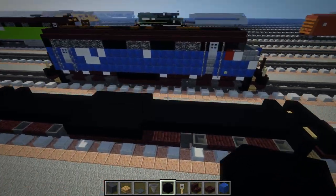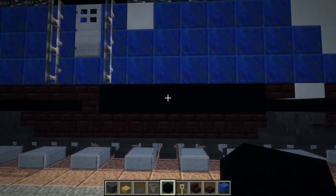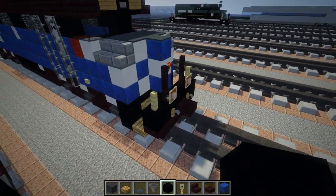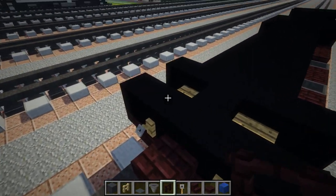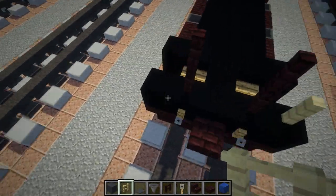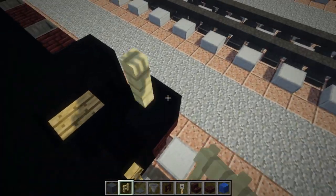Should look like that, and let me just check if I did that right. I think so. Or maybe this part might be a little longer or not. No, it's the same. Alright, so now let's go work on this, what do you call it, the fences. So let's take another brick fence, add 2 in the middle, 2 blocks tall, and then birch fence on the sides of it like that. Go to the back, and we're pretty much going to do the same exact thing,